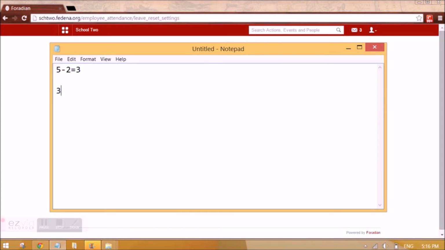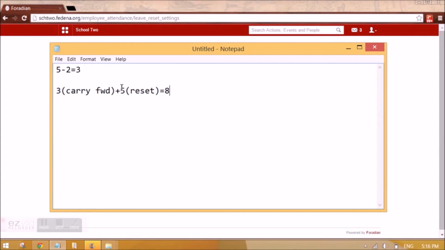Now 3 leaves will be carried forward since I have ticked enable carry forward while creating the leave type. And 5 leaves will be added because of reset, because I have ticked enable automatic reset.